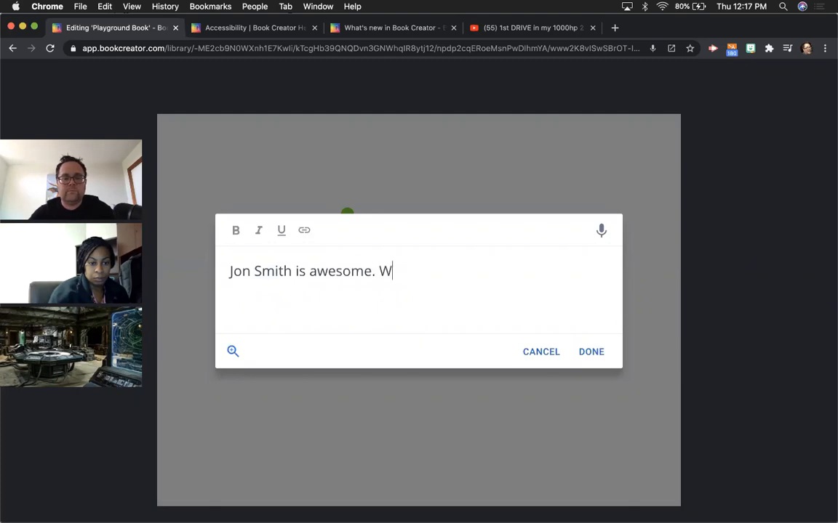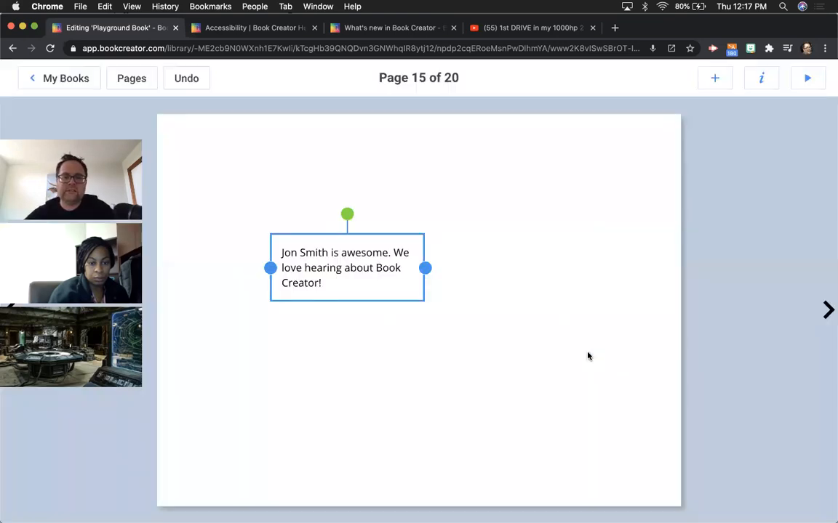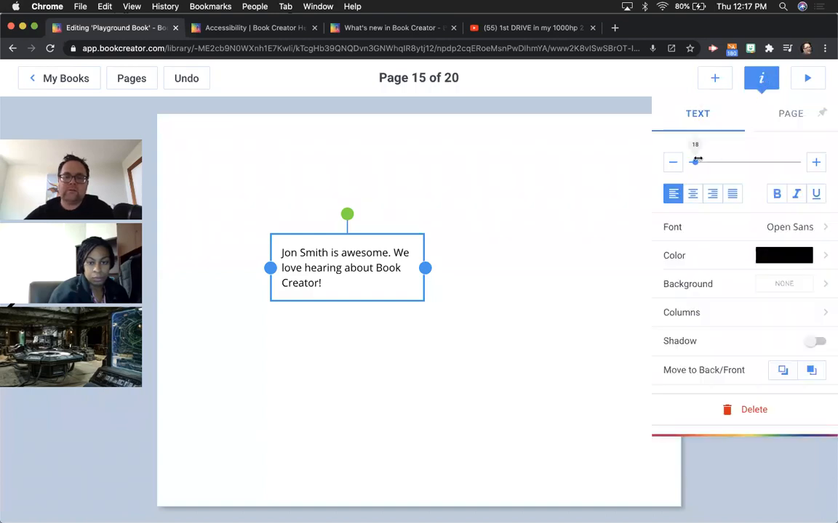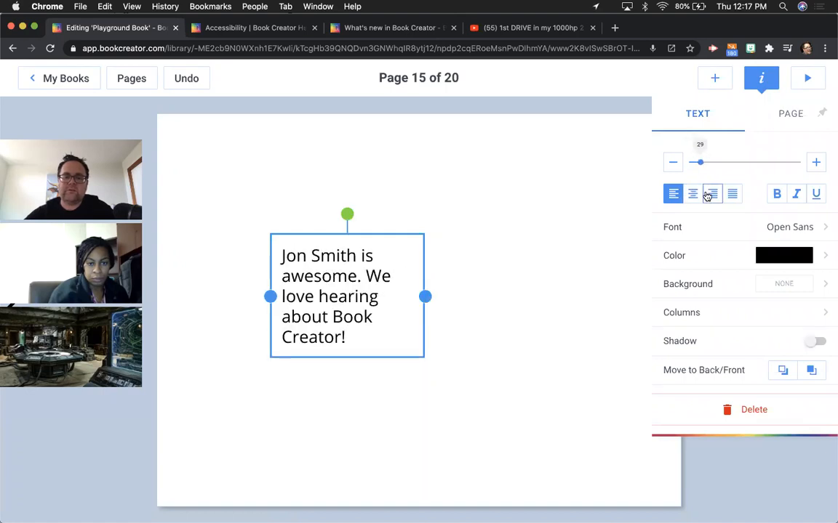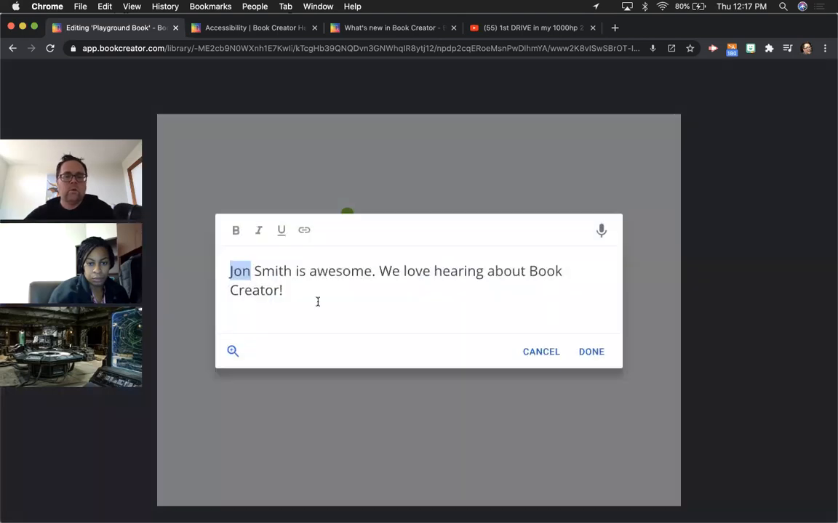All right, now the reason I'm doing this is I'm going to show you a new feature. All right, so if I click done, one of the options is clicking the inspector. I can change the size of the text. I can change left, center, right, justify, bold, italicize, underline, change the font, change the color, change the background, add some shadow. Okay, one of our new options though,